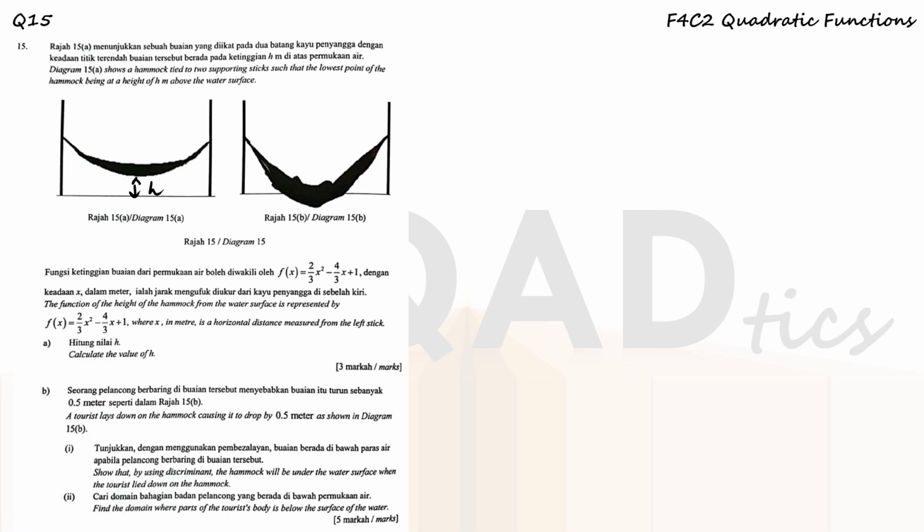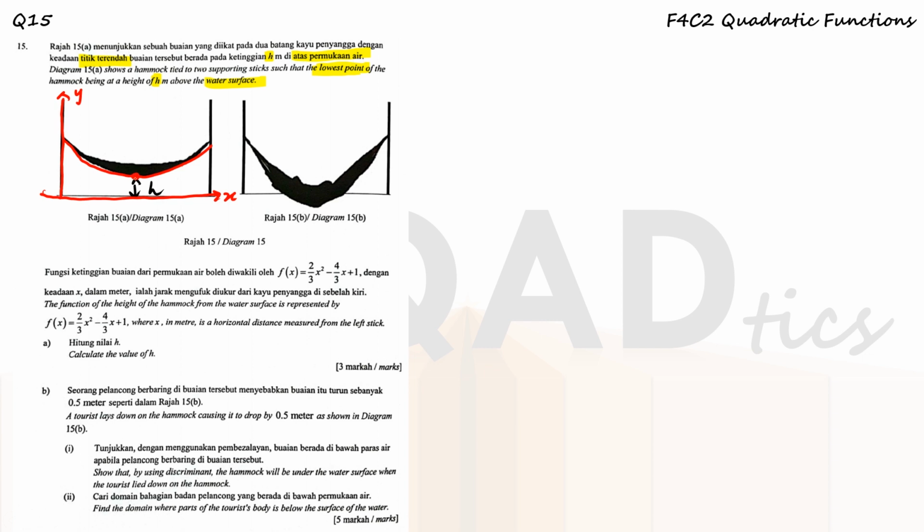Last question comes from the chapter Quadratic Functions, and we have a diagram which we can see that there are two sticks supporting the hammock, and it says that the lowest point of the hammock is h meters above the water surface. So if we view this situation as an x and y axis plane, right? So if we let this stick as the y axis, this water surface as the x axis, the hammock as the curve,